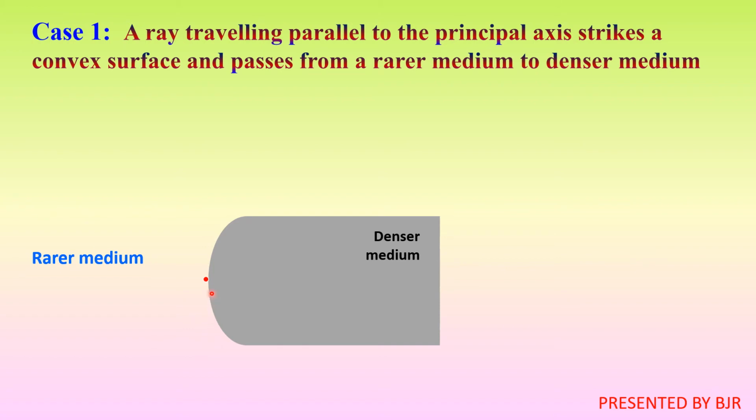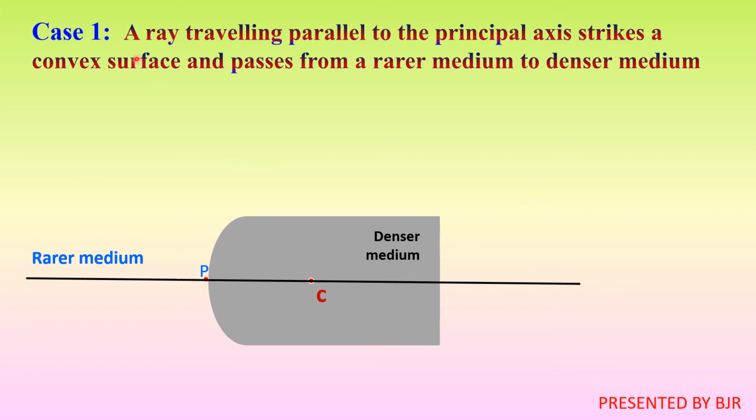Now, can you tell what this point is? This is the pole P, and here is another point C. So P is the pole and C is the center of curvature. Now what we have to do is draw the principal axis. A line segment drawn through P and C, pole and C, is called the principal axis. So case 1 I am explaining.